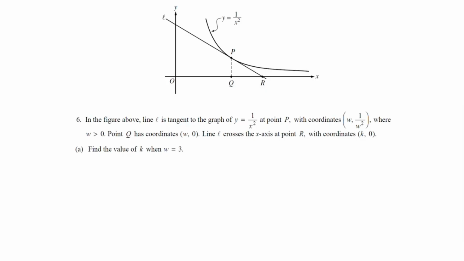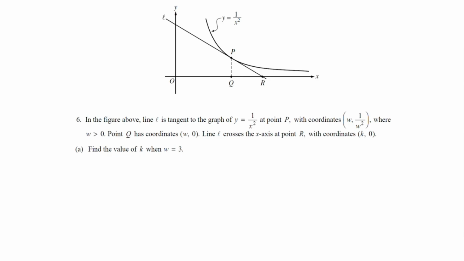All right, this is question number 6 from the 1999 AP Calculus AB exam. It's a function FRQ where we're given a function 1 over x squared and its tangent line at a point P, where we have the coordinates w and 1 over w squared. And then we have point Q, which is just directly below it on the x-axis, w comma 0. The tangent line at point P crosses through the x-axis at point R,